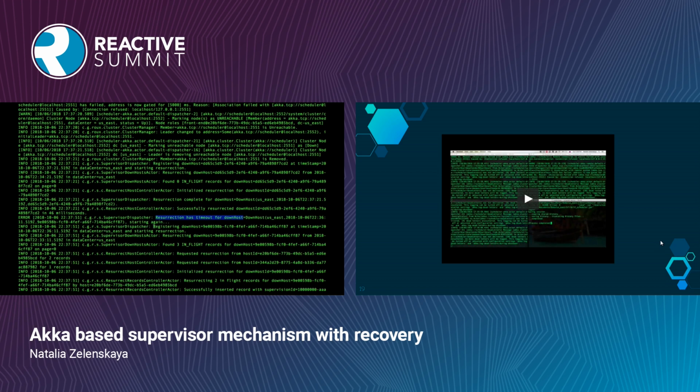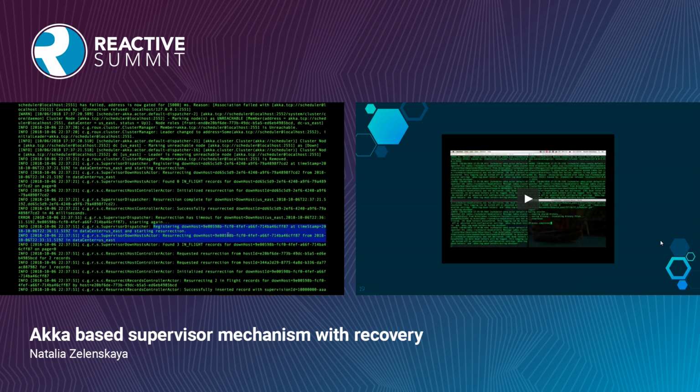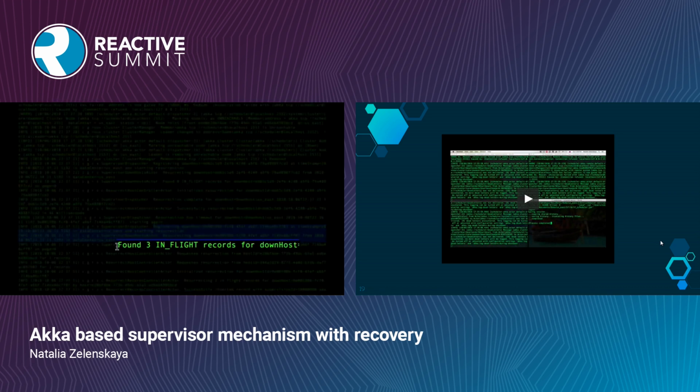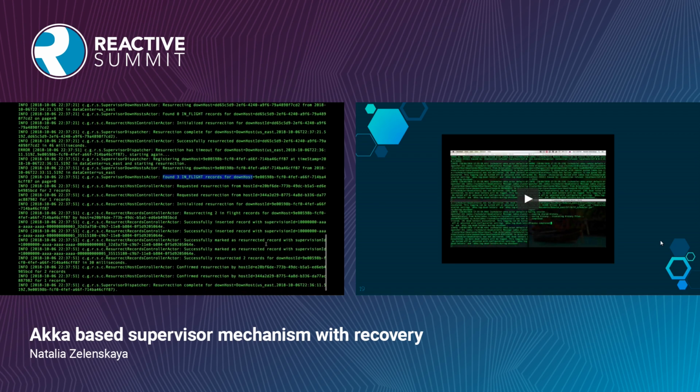In the logs, we can see that it's registering the down host and starting the resurrection. Again, based on recovery points, it has detected there were 3 in-flight records that used to belong to node number 3. Now it's going to redistribute them among active nodes of the cluster, which is just node number 2 and node number 4.